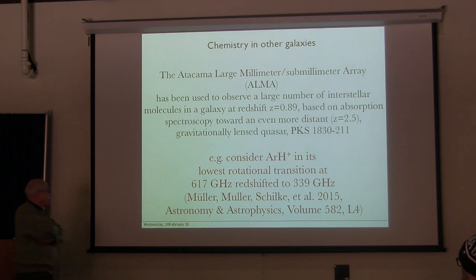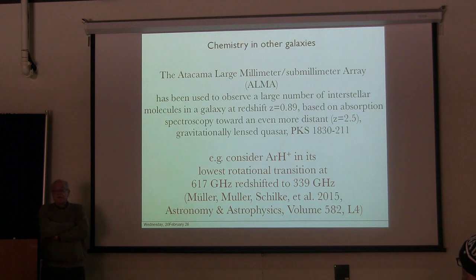And in particular, these could be studied most sensitively through absorption spectroscopy. And at submillimeter wavelengths, there are in the galactic plane star-forming regions that provide extremely bright background lamps for doing absorption spectroscopy of everything that lies between us and